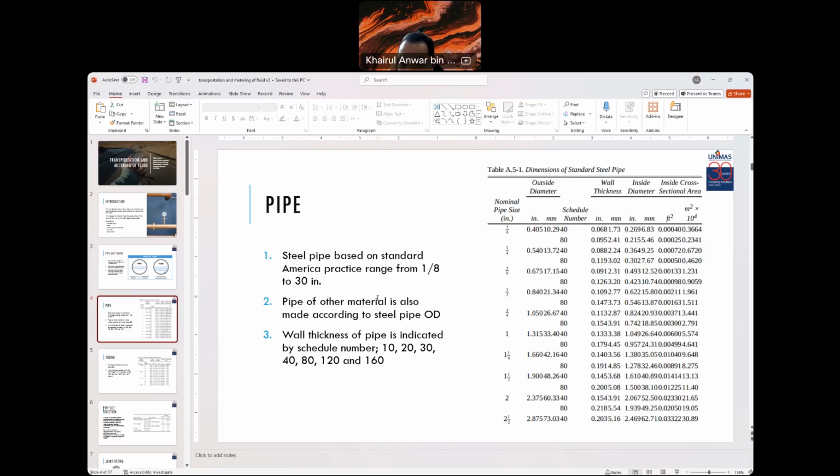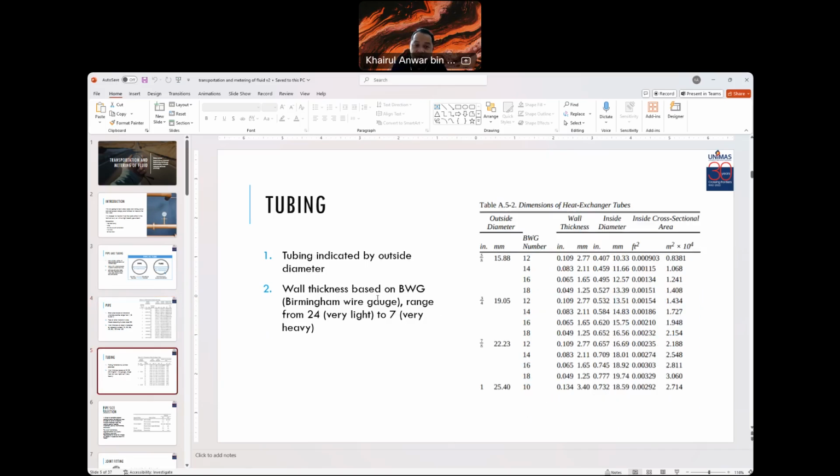So what is the difference between these two? It's the thickness of the pipe. So the higher the schedule number, the thicker the wall of the pipe. And we have tubing in table 8.5-2, in the appendix of the Geankoplis book. So for tubing,